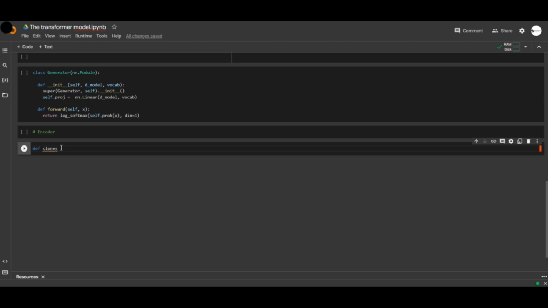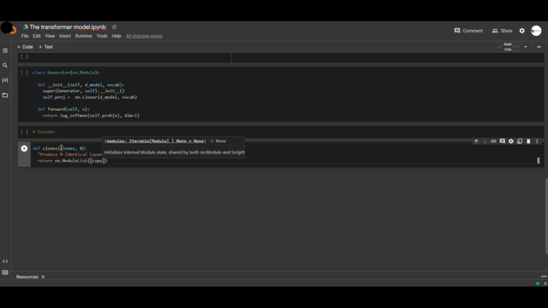These stacks are identical layers, so we have to clone all of those N stacks. So here we just produce N identical layers. Then we return nn.ModuleList, and we take in copy.deepcopy of module